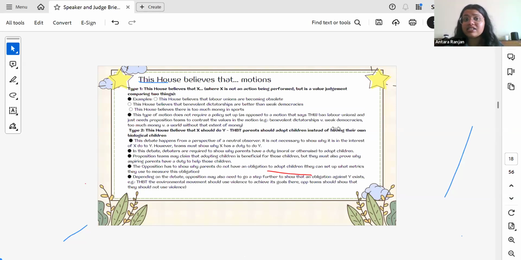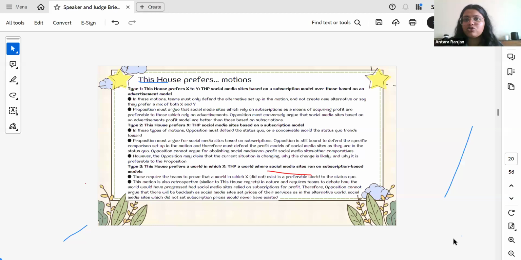So, reading this house as XYZ is always an actor motion. This house as anyone is always an actor motion. This house as the government of Italy is also an actor motion. Obviously, in this, you will have to give a policy, right? How are we going to be banning these tourists? But you are the actor. What actor are you? The government of Italy. What are your interests? I want to keep my citizens happy. I want to keep my economy booming, right?